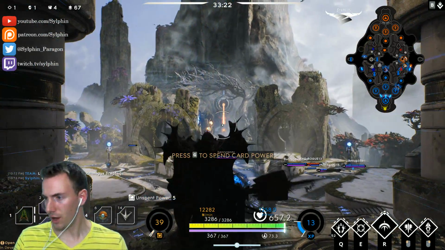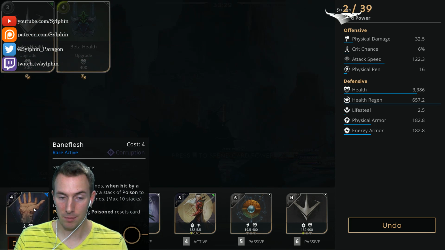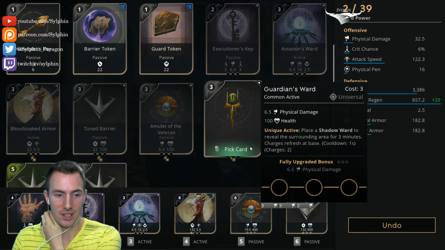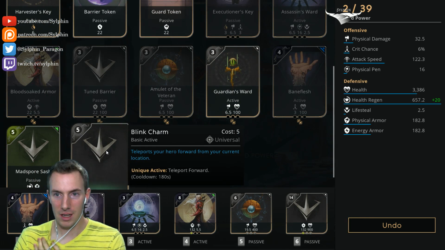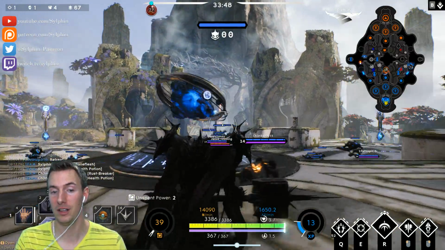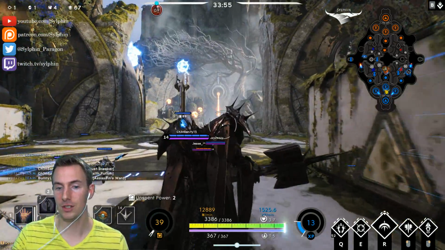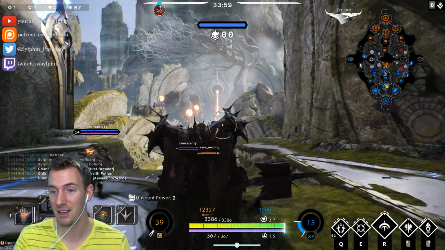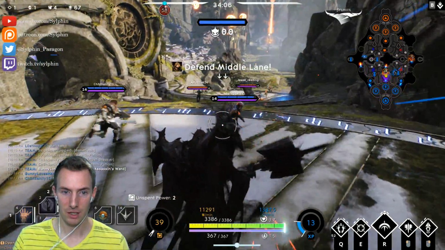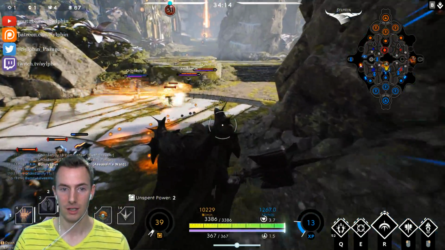So 5 card power, ladies and gentlemen. We'll finally be able to get this Bane Flesh. Has some more health, but at this point we have another card that we're going to be getting, and that is the Blink Charm. Now, a very interesting thing about the Blink Charm is that with Sevarog you have your Phantom Rush to get you pretty much anywhere. You can use it to get up behind an enemy, to use your ultimate for a very good moment, and then if you have the Blink Charm, you can then use it to